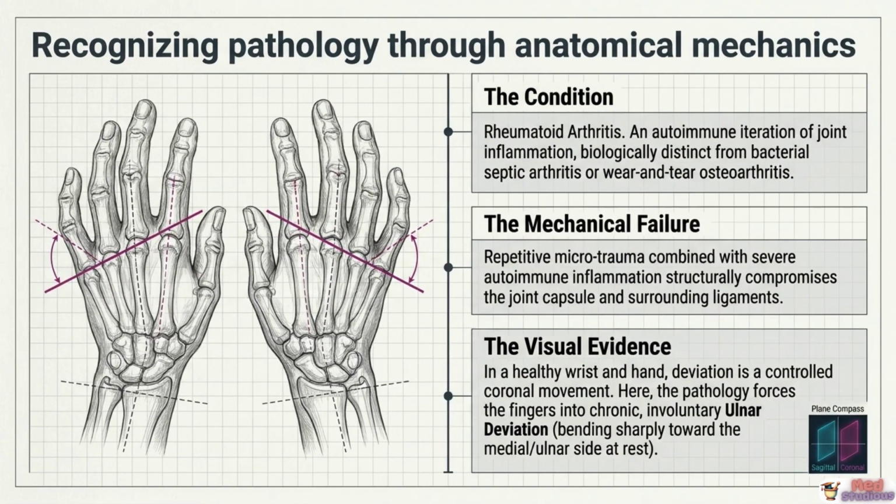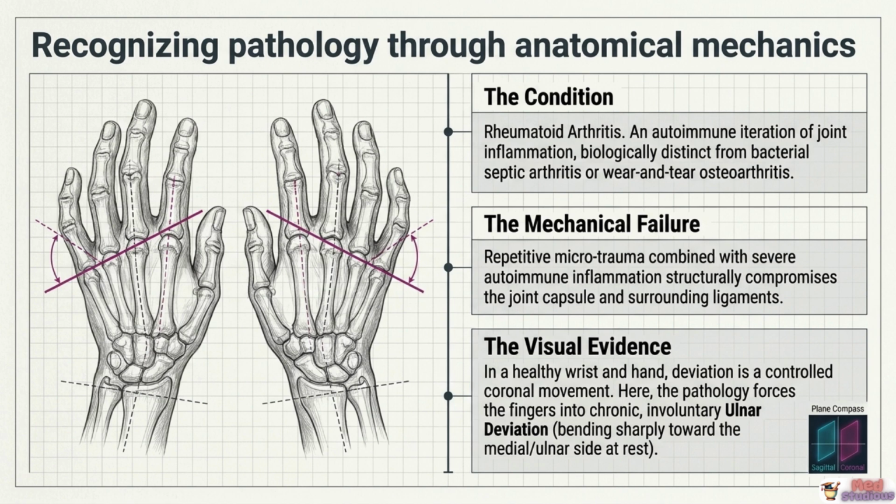Understanding normal movement mechanics is what makes abnormal mechanics immediately visible, and this is where anatomy directly saves lives. The clinical example here is rheumatoid arthritis, an autoimmune condition distinct from osteoarthritis or septic arthritis. In a healthy hand and wrist, ulnar deviation is a controlled, voluntary coronal plane movement with a normal range of 40 to 60 degrees. In rheumatoid arthritis, repetitive microtrauma combined with severe autoimmune inflammation structurally compromises the joint capsule and